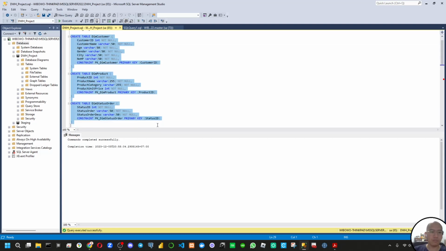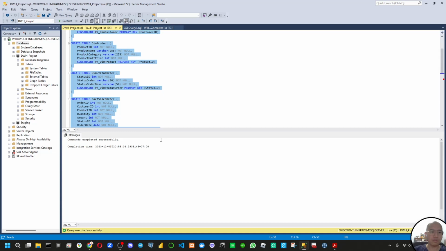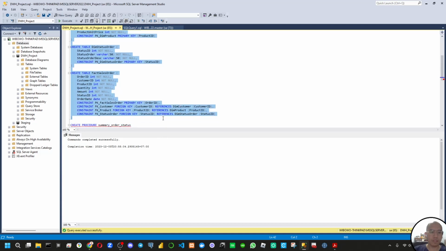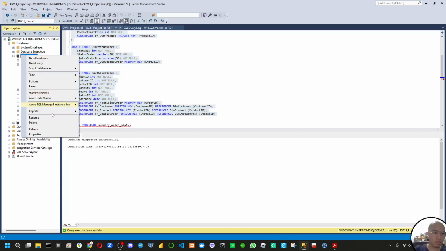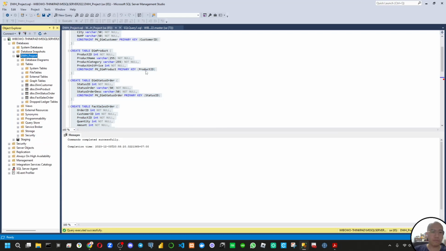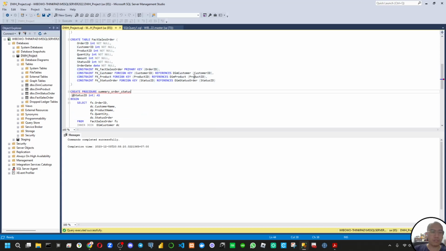We execute, and then we create the table. All the tables. We have 4 tables. Okay, we execute it. Command completed successfully, and now we already have the 4 tables here.